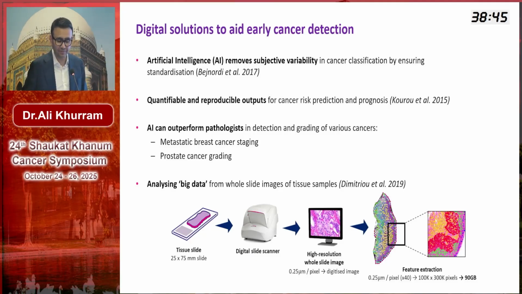And in numerous cancers, it's been shown that once trained by experienced pathologists, AI models can perform to a similar, if not better level. And the other advantage is that none of us can analyze every single cell on the slide. We tend to focus on the area of interest, eyeball it at low power, and then go in and analyze that area. Whereas using AI, we can actually assess every single cell that might be present on the digital slide.